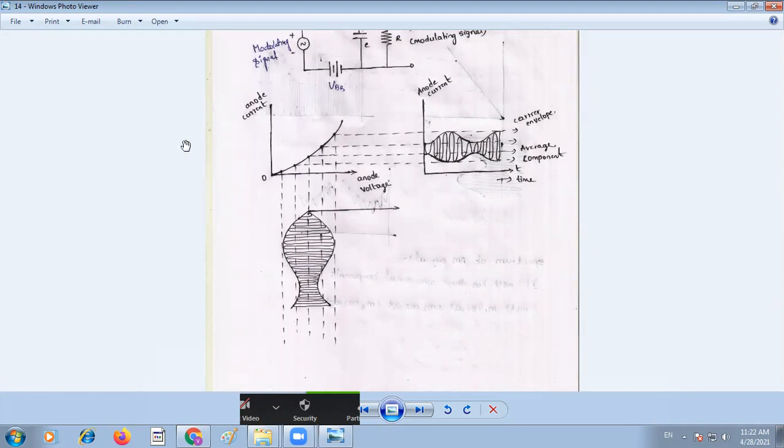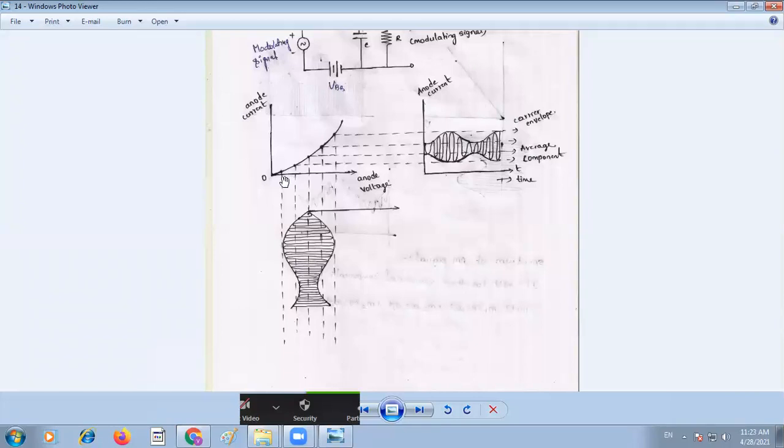Okay, so diode characteristics, we are using the linear characteristics here. Now here the envelope is applied to the diode, that is the modulated signal. For that envelope, the reference is this, the maximum peak is this, and the minimum peak is this. So between the maximum peak and minimum peak, there is a constant voltage.